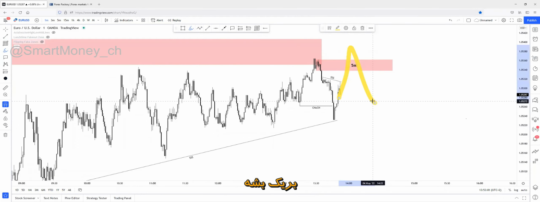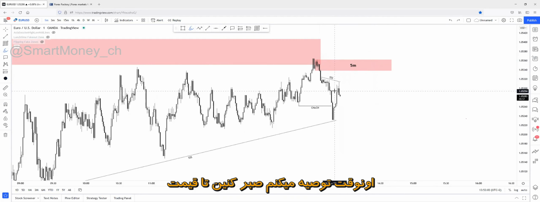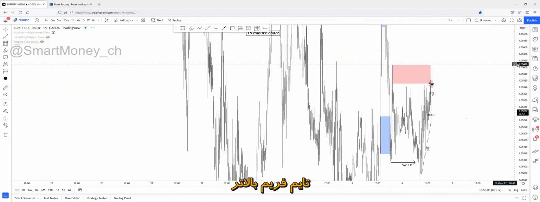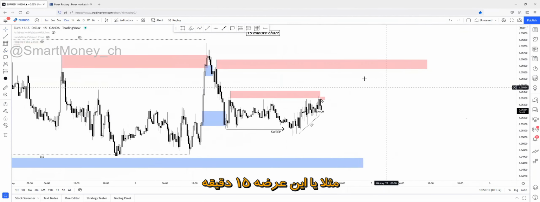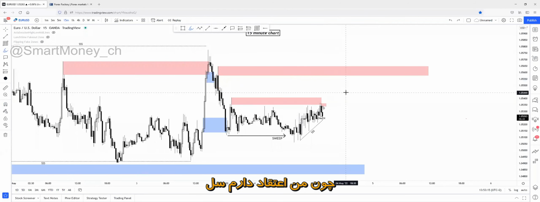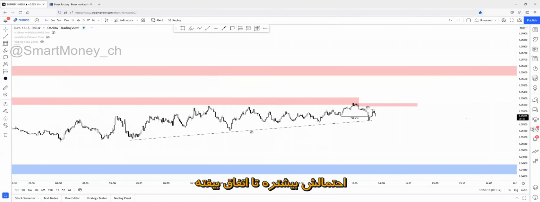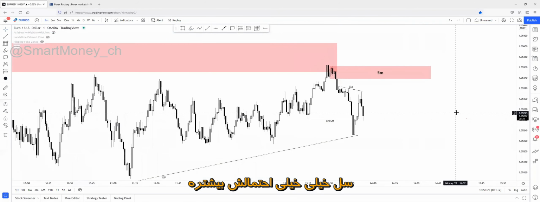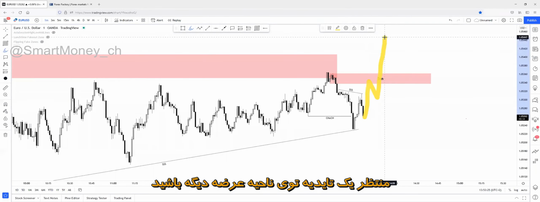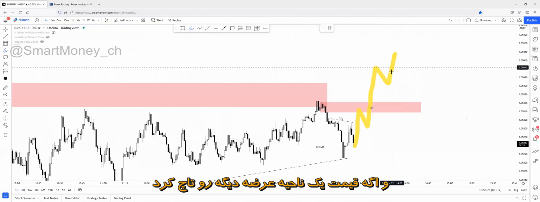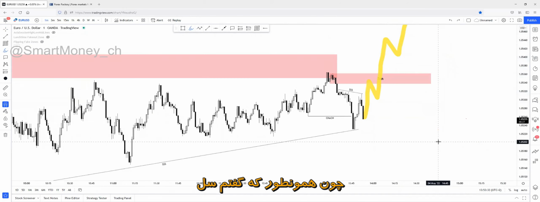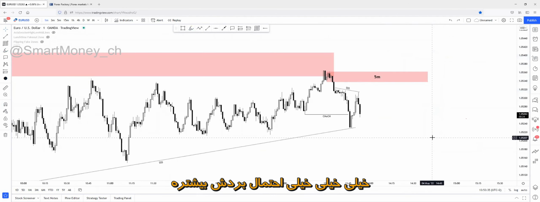If the break of this zone happens, then I recommend you rather wait for another supply tap. So rather wait for another higher time frame supply tap, for example this 15-minute zone, or for example something below this, some kind of 5-minute zone somewhere around here, because I believe shorts have a higher probability to play out. Shorts have a much higher probability to play out than longs. So if the break of this zone happens, then wait for another supply confirmation. If another supply is tapped and there is a change of character, you'll be able to enter a short trade. Because as I said, short trades have a much higher probability to play out than longs.